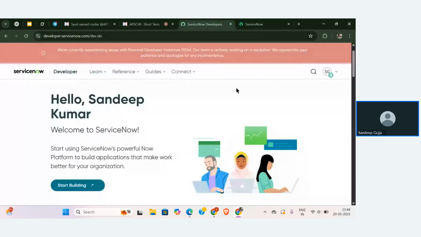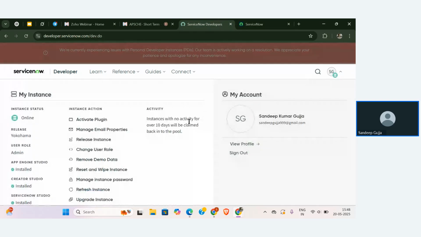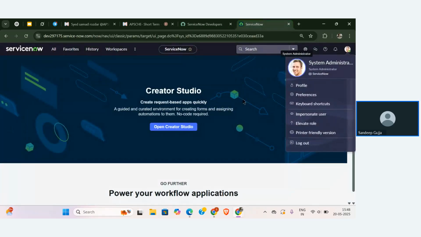Whereas on the ServiceNow website also, we have one user menu, right? It helps to navigate to the instant actions that we have. Whereas coming to the personal developer instance, we have the user menu to access multiple things. Okay. So these are very important, guys. What you are going to see now are very important. Please remember this because these were very useful for us to work on a lot of things.